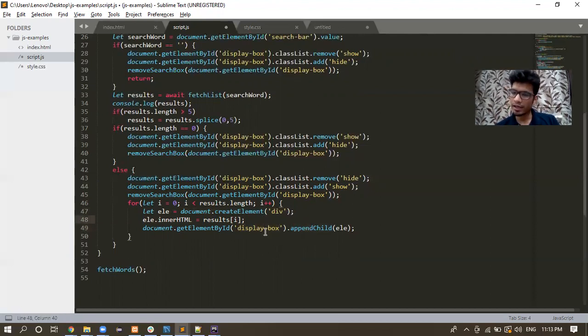So now it would be clear when I said that those are the child elements of the root node which has the ID display box, because I am doing that here, right? What we are doing here is that we are creating an element div. Suppose we got 5 results: hat, hatch, the way and hatches. So if we got these 5 results,